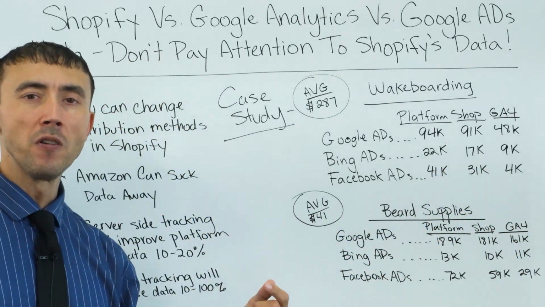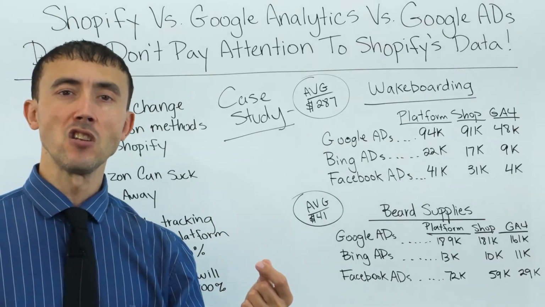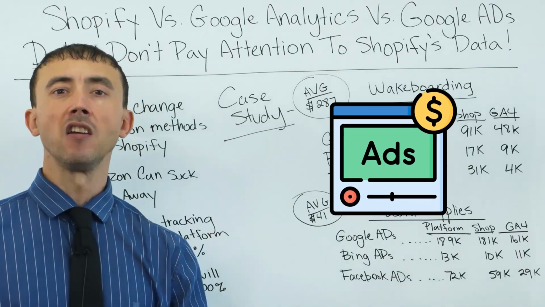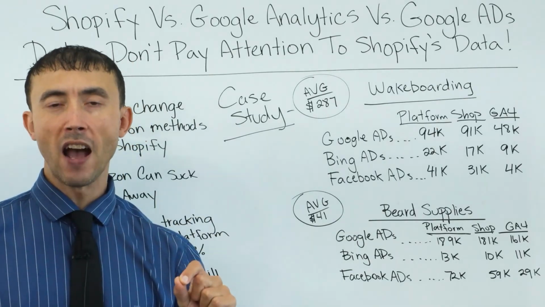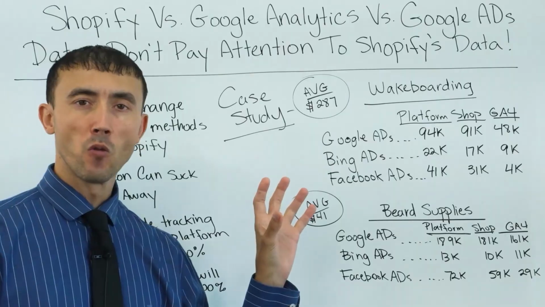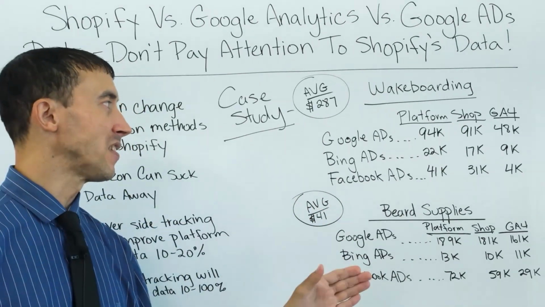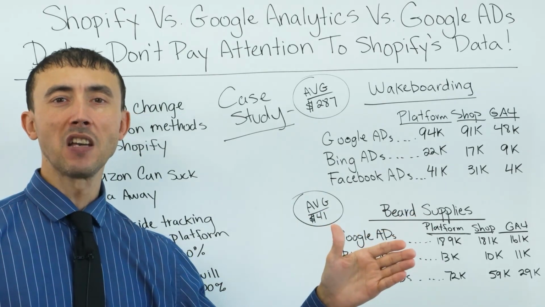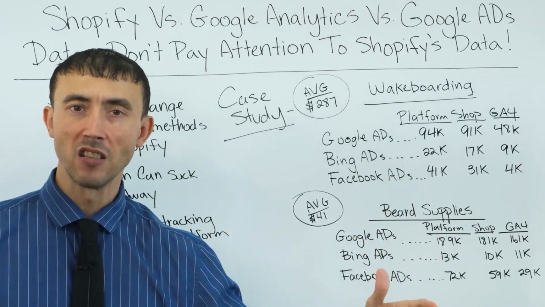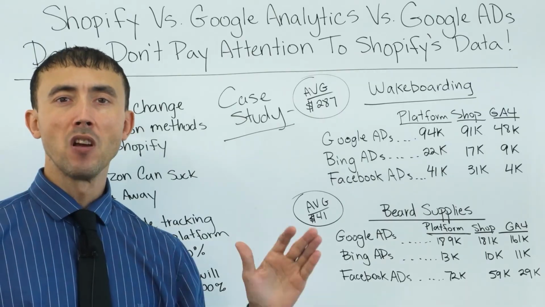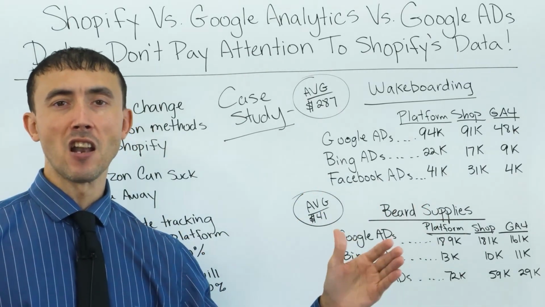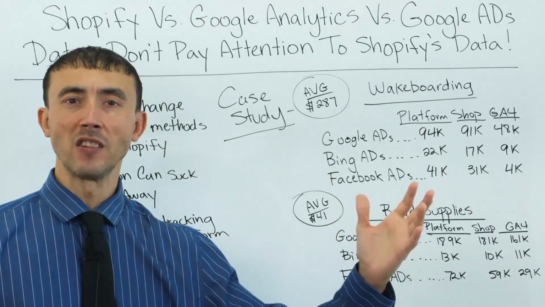Why is this important? Well, of course, if you're making decisions about whether you should go up in ad spend or maintain it or reduce it, you want to know how well your ads are working. You got to have really good data. The best data you're going to get, bottom line, is inside the ad account. And it's not just because it's taking credit for other sources. It's because the ad platforms are the best at figuring out when somebody actually clicks on an ad and buys. I mean, that's frankly what they do.